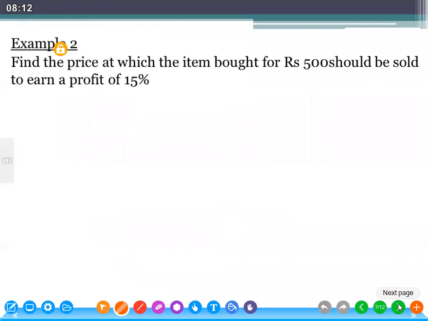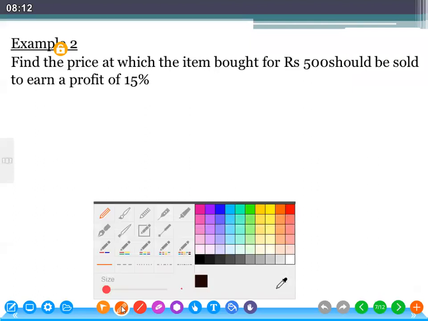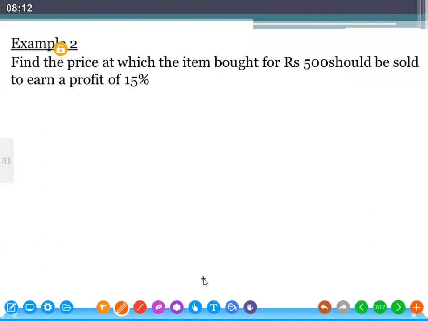So look at another example. We are going to use the second method. What is the second method? The second method, we are going to use the definition. So look at this example. This example consists of percentage. So you already studied about the profit percentage and all these things you already learned. Here we are going to use that in these direct proportion problems.